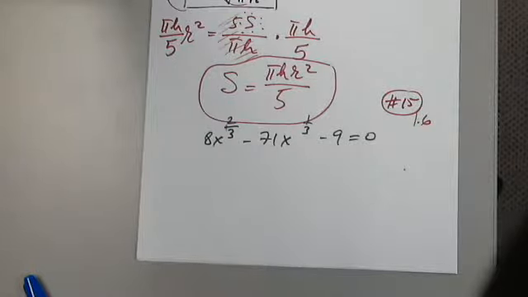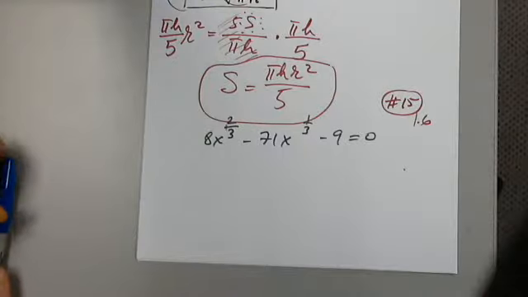How many? This is 1, one quantity to 3 halves. Just one quantity to 3 halves. The next one had one quantity to 5/3. And this one has two quantities with fractional exponents. It's not going to be easy unless